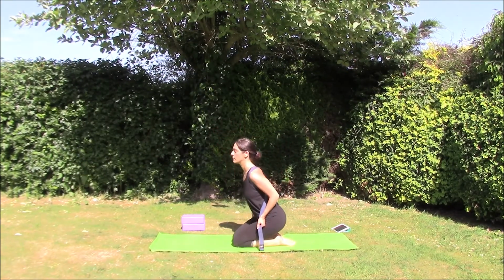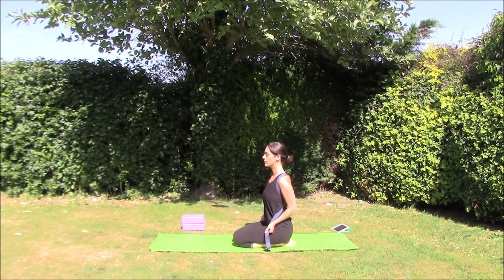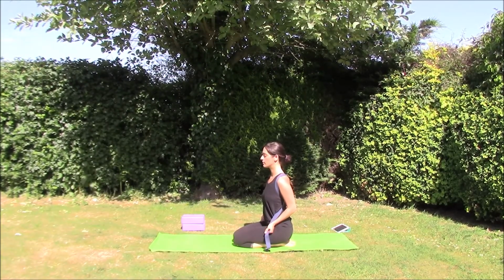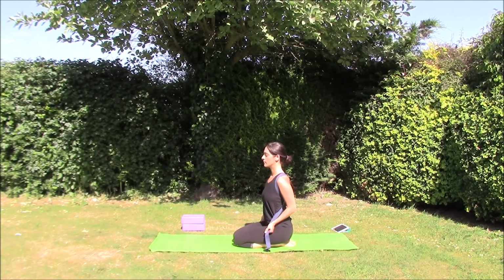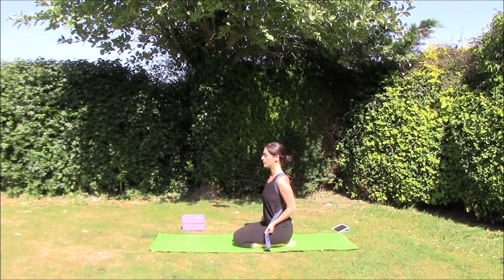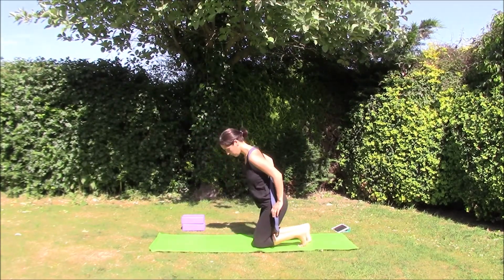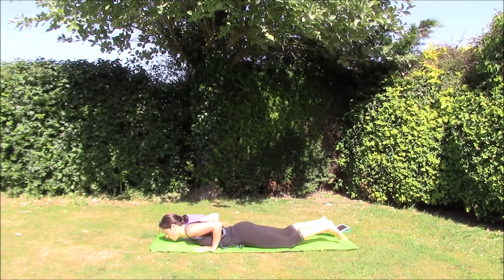And take some deep breaths here. Knees together. Tailbone tucking underneath you, drawing that tummy lightly in. And then from here, coming off of the heels, we're going to slide on down now onto our bellies on the mat. So keep the strap or the belt or the tie exactly where it is, keeping opposite straps in opposite hands. And then from here, we're going to lengthen through the feet, coming onto the tops of the toes,